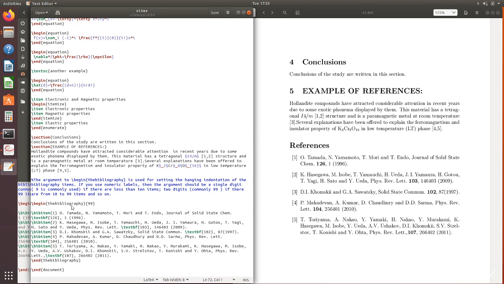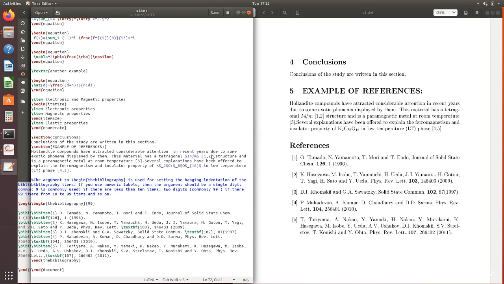To do this we use the command \begin{thebibliography}. See here, within the curly bracket, thebibliography, and then I have used 99 within another curly bracket, and then this is the first item, that is the first reference number 1. This is number 2, and that should be written with \bibitem. The items should be written in this way: \bibitem, and within curly bracket 1. That will produce the number 1. See here, the output is here. So the first reference is here, 1.